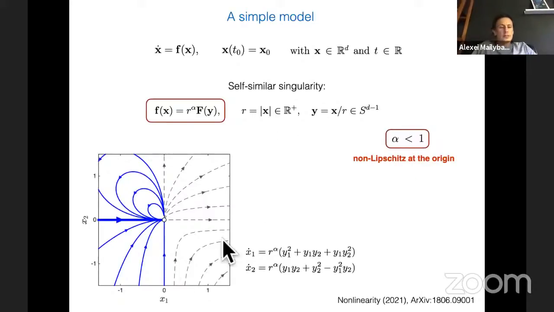And here there is this example which I already showed. So it's a very specific system. It's everywhere smooth. It's self-similar. This is a property of the right-hand side of this kind, because it only depends on the distance through this prefactor. f of y does not depend on the distance; y is just the direction. So it is the same field on every sphere, only scaled, multiplied by a different prefactor. So it's self-similar, and everywhere it's smooth except at 0.